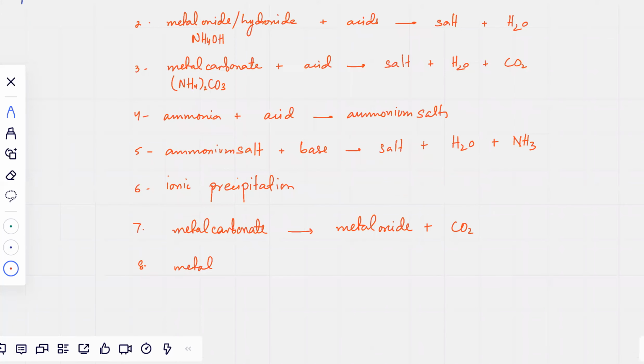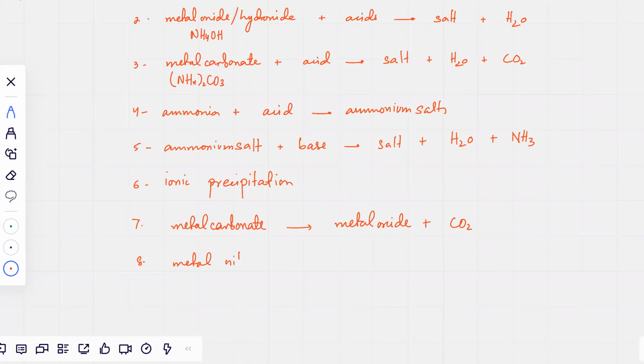They also decompose, and they produce metal oxides plus NO2 gas, and they produce O2 gas as well. Group 1 nitrates decompose differently, in that they produce metal nitrites